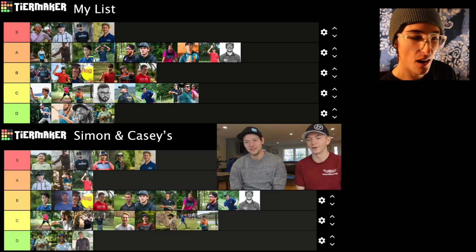There's a sidearm hiding in James. There's a sidearm hiding in Philo, but they're just so good at throwing these control lines in the woods. So, okay, guys, that was my take on the best sidearm and forehand players on the Disc Golf Pro Tour 2020. Let me know what you think in the comments below. This is my opinion. I think I like this list a lot. I like it a lot more than